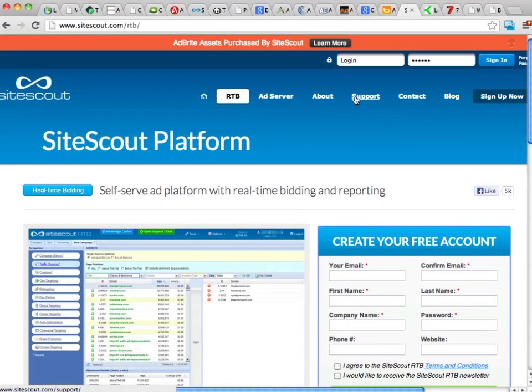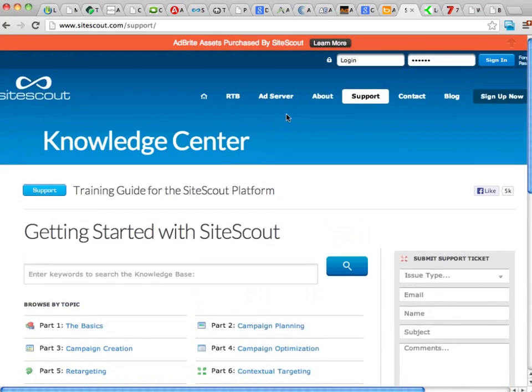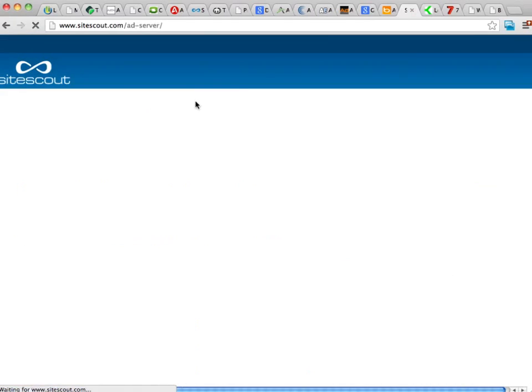You can see they have all sorts of help in their section. You can learn all about Site Scout, all their terms, things like that. Generally, they are a little bit more lenient than some of the top-tier search engines, and hence you're going to get a different type of traffic. It's not necessarily going to be as good as the traffic you get directly from Bing or Google AdWords, because it's generally coming from secondary sites, not right from the search engines. But all in all, a really good site for PPC advertising and some other forms of advertising they offer as well.